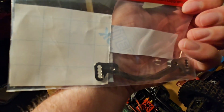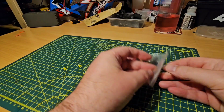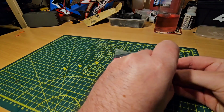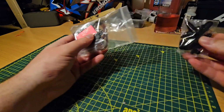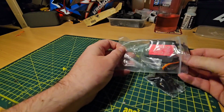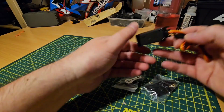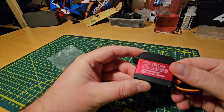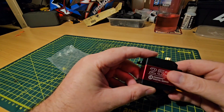But anyway, let's whip these open and see what they look like. So this is the super duper cheap servo, which is apparently 25 kilos. Got some plastic servo horns. Get this out. A metal servo horn and the servo itself. And you know, on first glance it looks pretty substantial. Anywho,